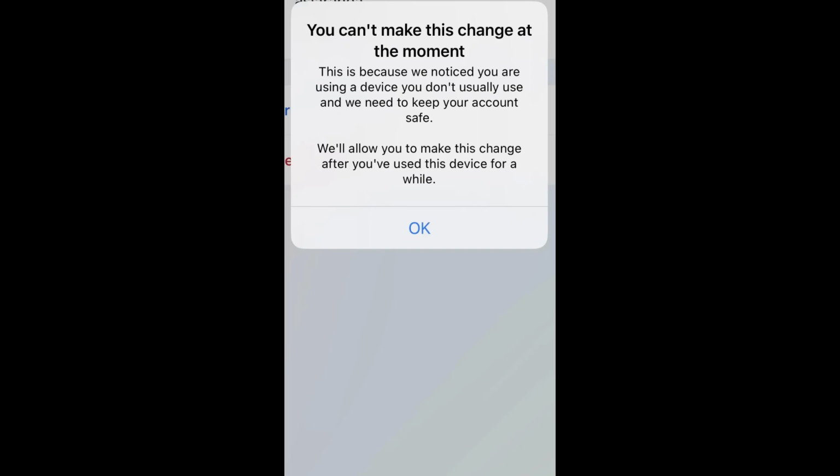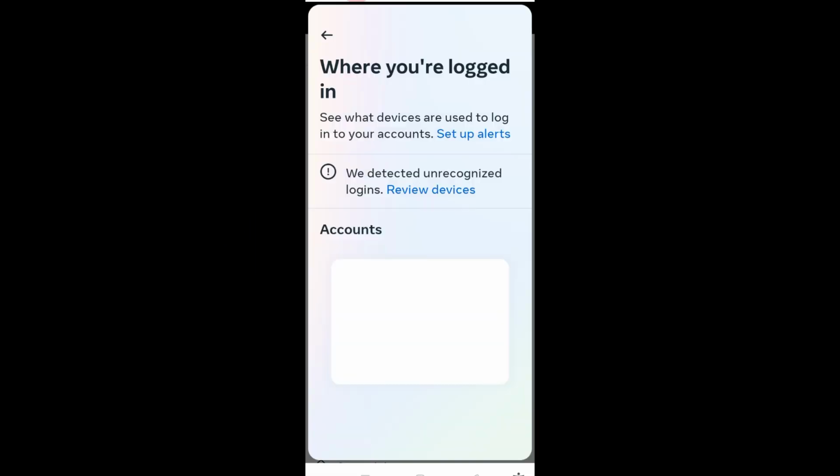Hey guys, in this video, I will show you how to fix the Facebook "You can't make this change at the moment" error. So if ever you launch your Facebook application and this notification pops up, I'm going to show you how to fix it. The very first thing you should do here is